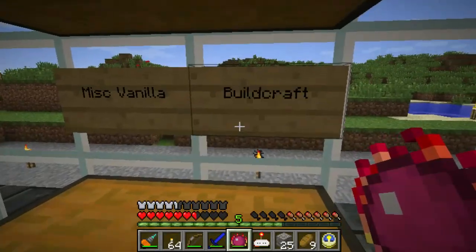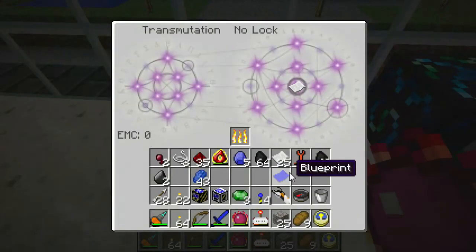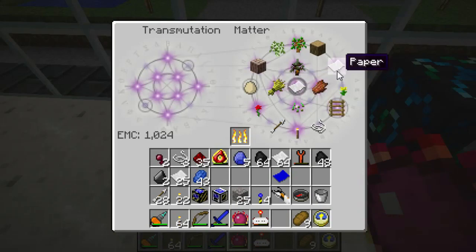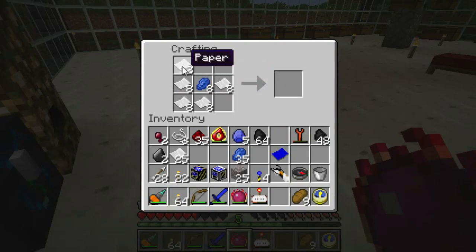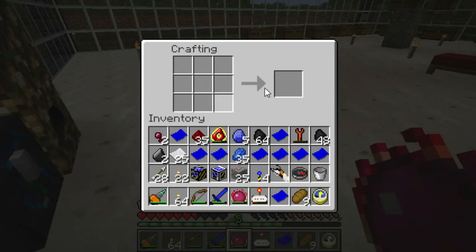Okay. We'll get this thing organized one way or the other here. Alright, first, perhaps that should be enough paper, I think. We need 8 blueprints. Oh, wonderful. And of course they don't stack. Alright, now we need